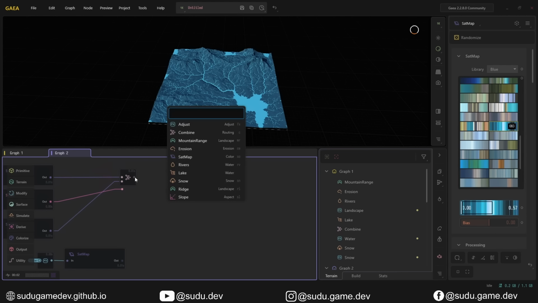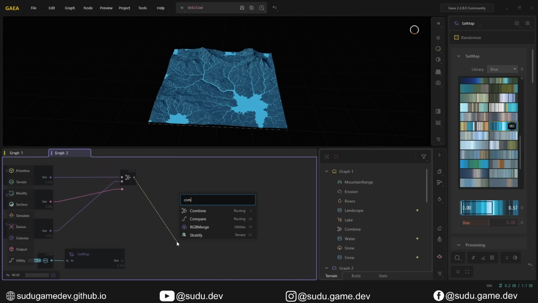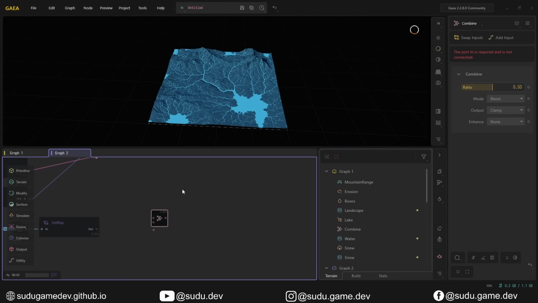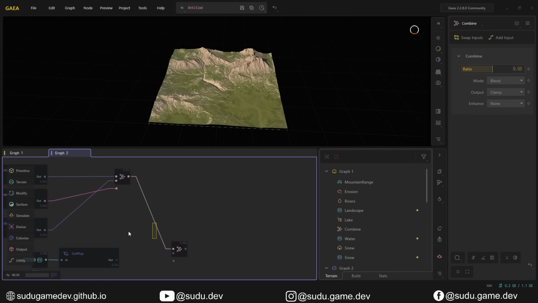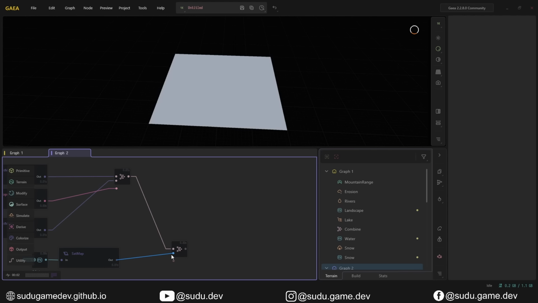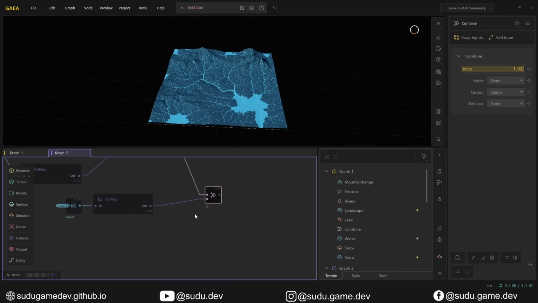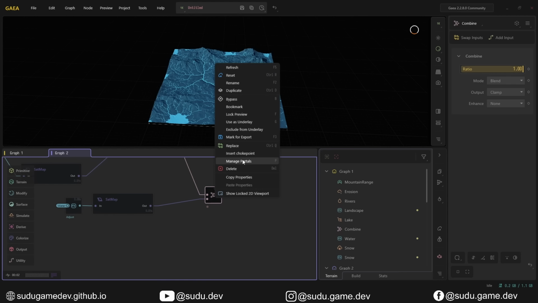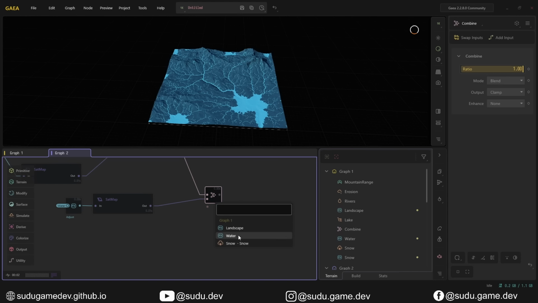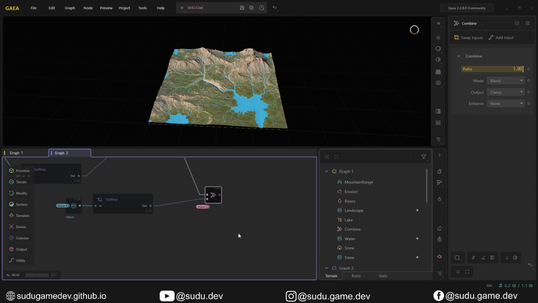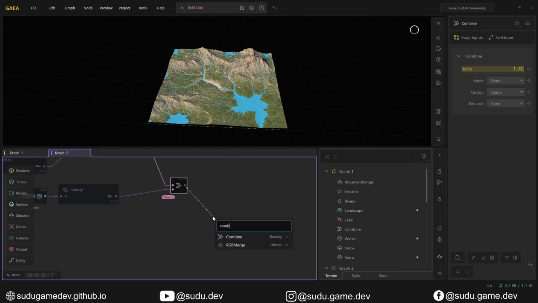What we're going to do is combine this with this over here. And of course, it's going to be the same, 1. And for the mask, let's Manage Portals, and the mask is going to be water. And the last combine is going to be